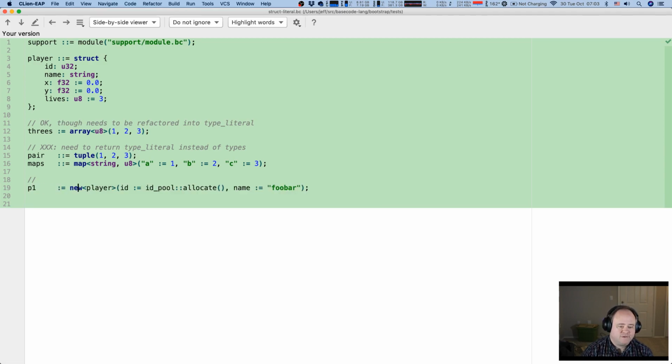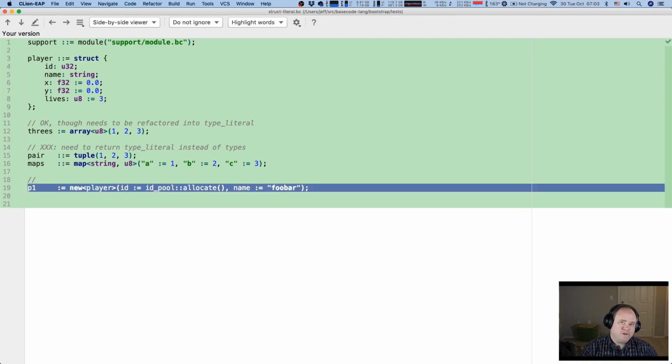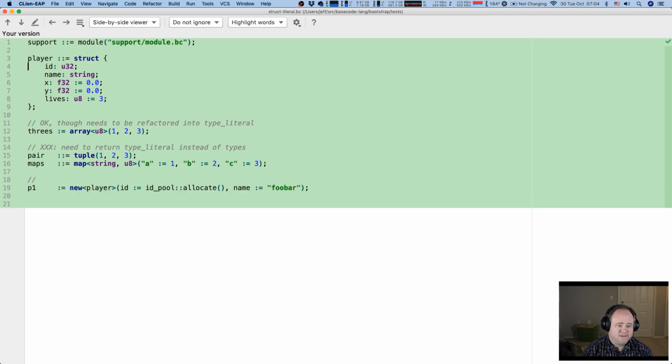And then the new thing we're doing is for constructing user types, so like structures or unions. There's this construct where you say, okay, hey, I want to create a new of these, and then here's the literal initialization. So obviously, if fields have default values, you don't have to specify them. Then obviously the compiler here is going to have to, I don't know, we'll have to decide what happens if you don't assign things that don't have defaults. But anyway, theoretically, you could just do new player and then empty parentheses, and it would just create a new one for you.